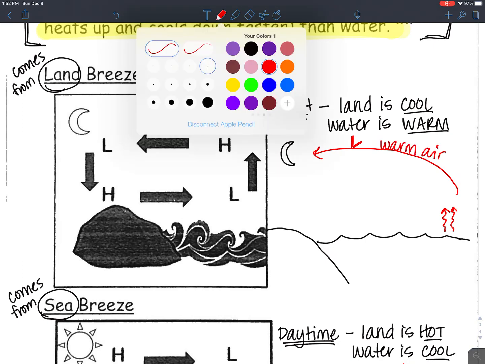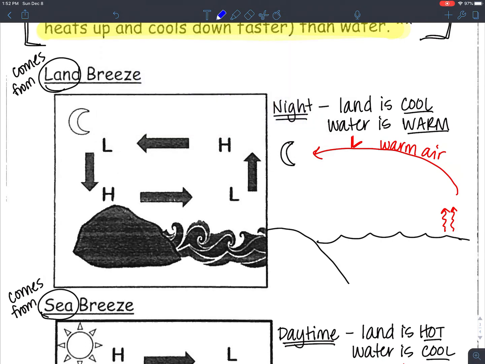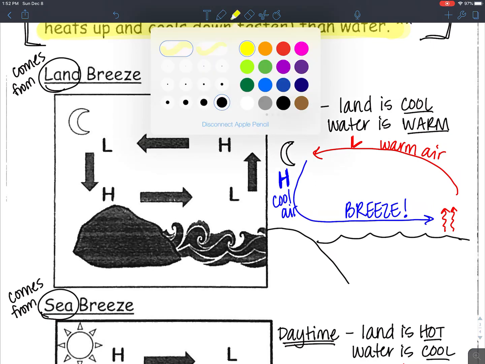And as that air gets over the cooler land, it's going to start to cool off. It's going to sink down and fill in the space of that rising warm air. So this is our high pressure, which is cool air. And then here is our breeze. And that is how wind is created. One last thing I want us to do, I'm going to grab my